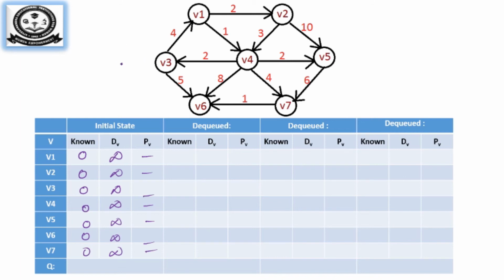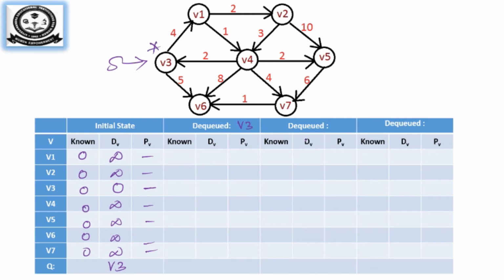So let us choose the same thing. We will choose V3 again. Here is a starting vertex. So for V3, if I am making it as a starting vertex, its distance will be 0 and its previous vertex is 0. So first we will mark V3 as a visited vertex. So I am marking V3 as visited vertex.